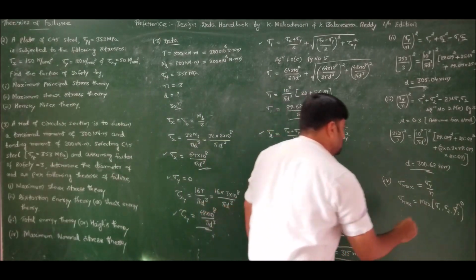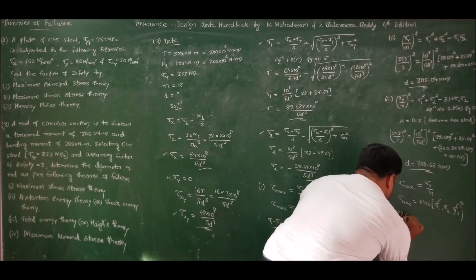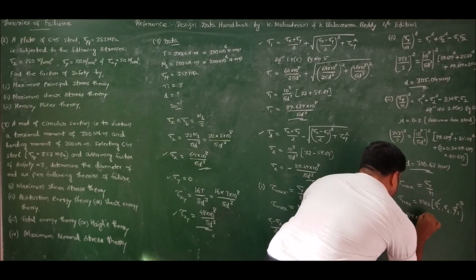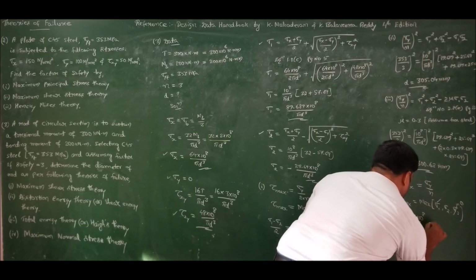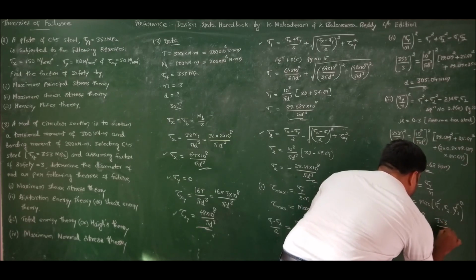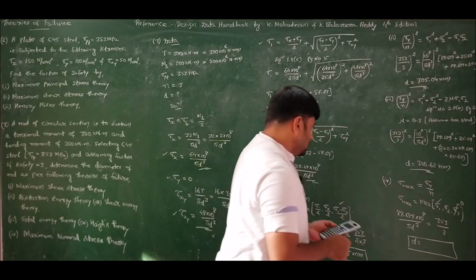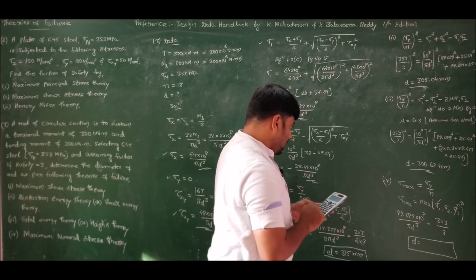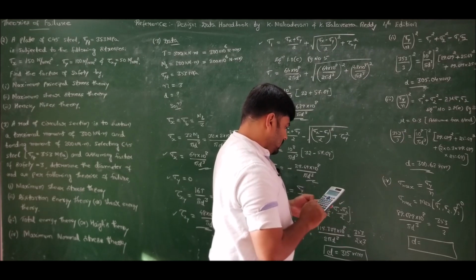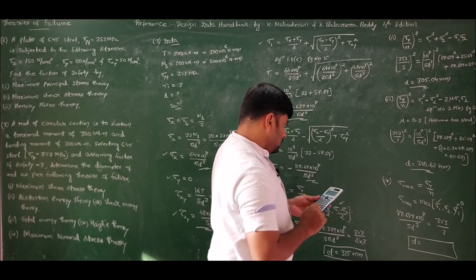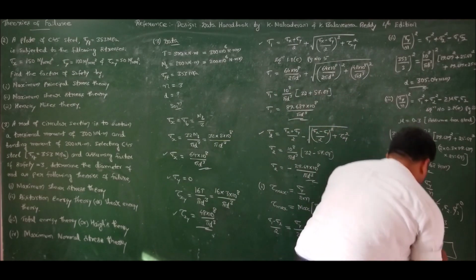Hence we will get the equation as 89.689 into 10 to the power of 8 divided by pi d cube should be equal to 353 by 3. Hence the diameter will be 89.689 into 10 to the power of 8 into 3 divided by pi into 353, cube root of the answer, 289.5